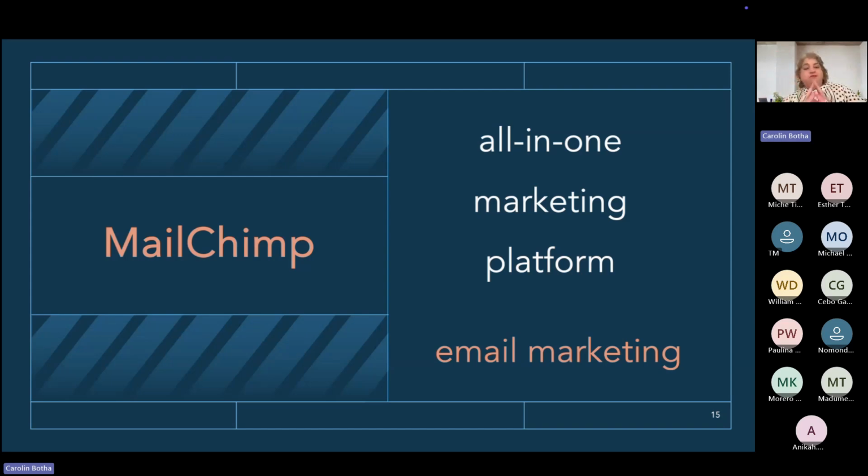So what we have in MailChimp is contacts on the one hand, and on the other hand the design that we want to send out to communicate, like a brochure. Those of you who are familiar with Mail Merge in Microsoft Word, it's a similar concept. You take your contacts, which are referred to as your audience in MailChimp, you take your design, you merge the two, and you send emails out. Each email will go out individually to, let's say, all 500 recipients, and it will look like a personal message rather than a mass email.